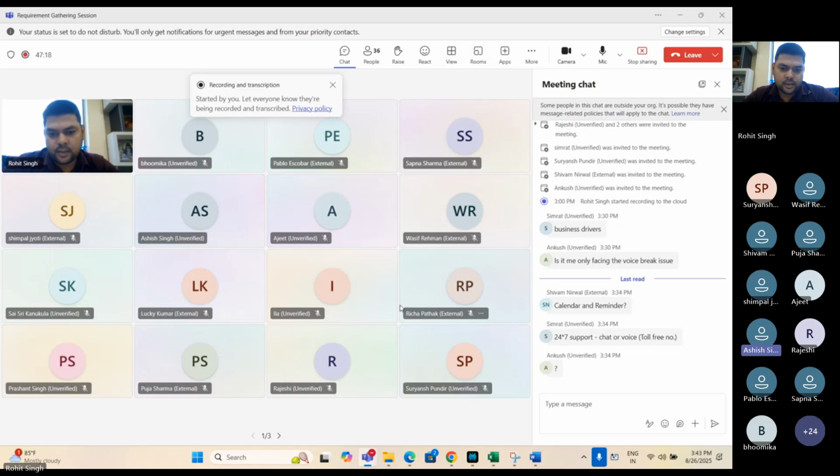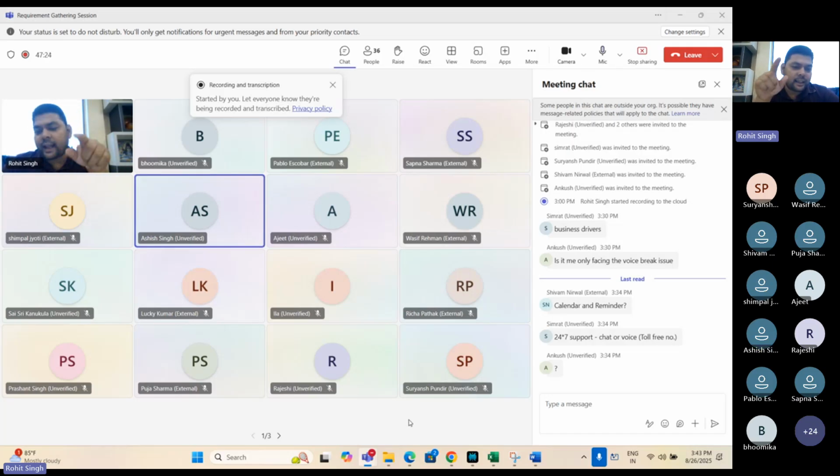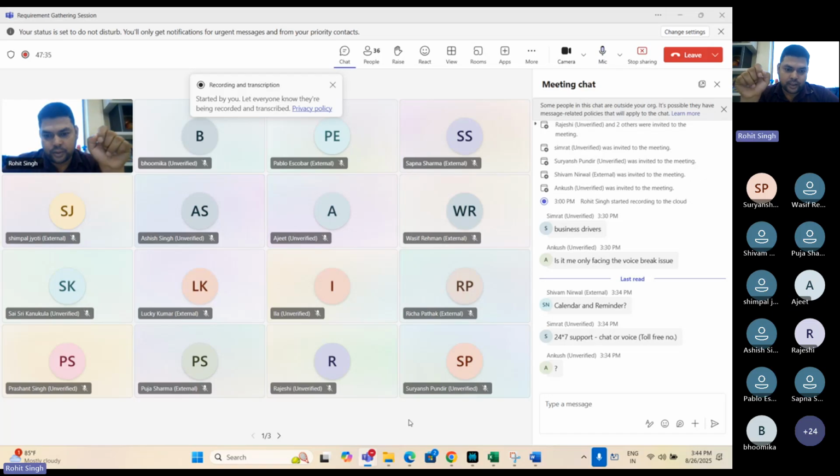Okay. Thanks, Rohit. Ashish bhai, did you get this point? Yes, Rohit. Thank you. And this is how it is a vicious cycle. It is an iterative approach. It is a periodic approach. An incremental approach. That means every sprint, every period, we are delivering in fragments and in chunks to the client.